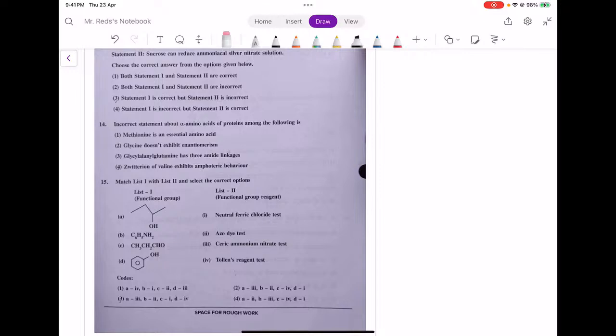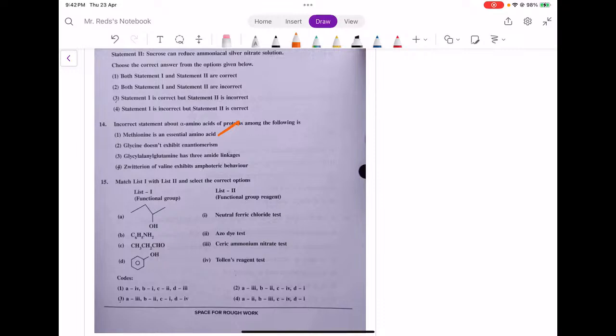The incorrect statement is being asked. Methionine is an essential amino acid, this is correct, students. Because methionine is an essential amino acid, you can take it from the diet only, meaning from food only. Our body cannot synthesize this amino acid. Next,